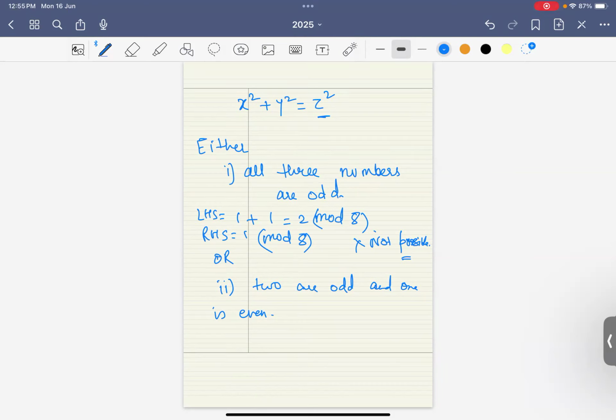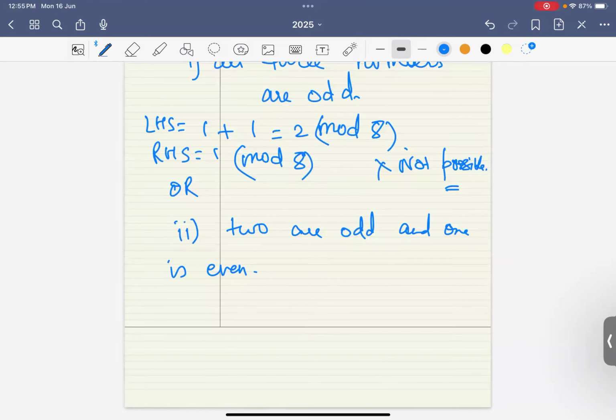2 numbers must be odd and one number must be even. So the obvious question to ask is which number must be odd and which number must be even. So come to think of it, but we have said that 2 numbers must be odd and one must be even. Can this be even? Well, the answer to that is no, because if this is even, then